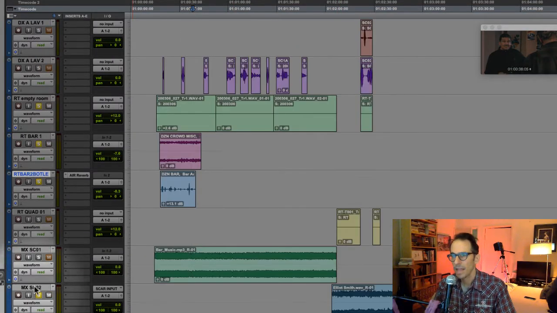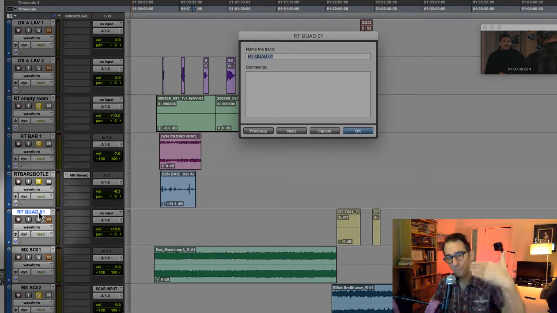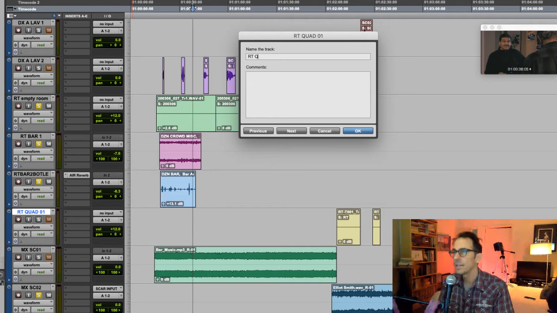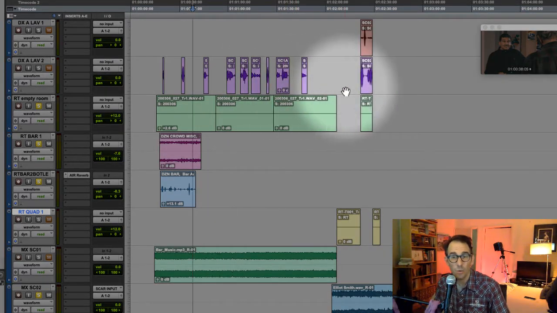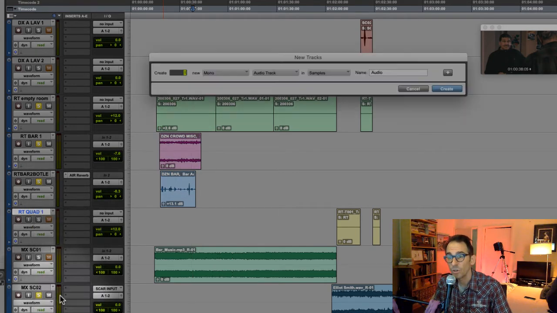Okay. And then later in the scene, they go out to this sort of quad area. It's like on a college campus. So I haven't finished that one yet, but I have laid down a track, RT Quad 1, and I'll probably need another one. So I could always go here, go to New,